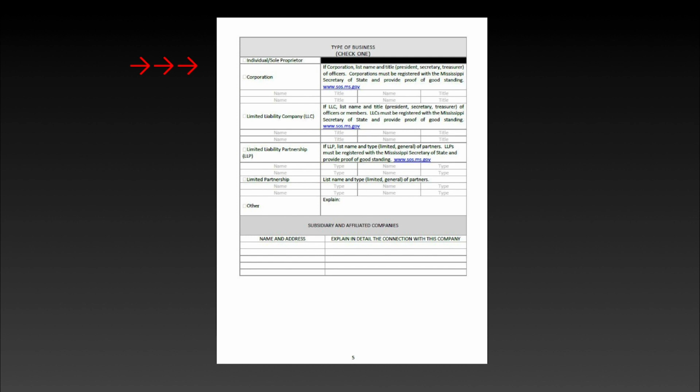If operating as a corporation, limited liability corporation, or limited liability partnership, you must be registered with the Mississippi Secretary of State and show proof of good standing with the Mississippi Secretary of State before applying for a contractor license. And the information that MSBOC receives from you must match the official information listed in the Secretary of State records. To contact the Mississippi Secretary of State's office, please visit their website at